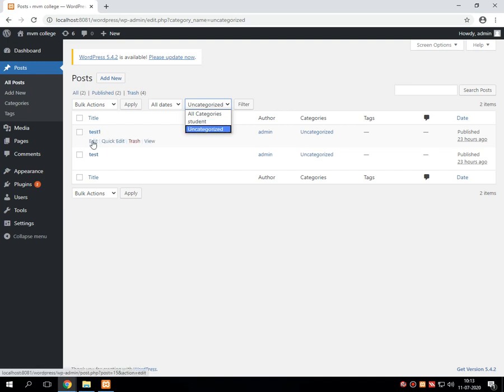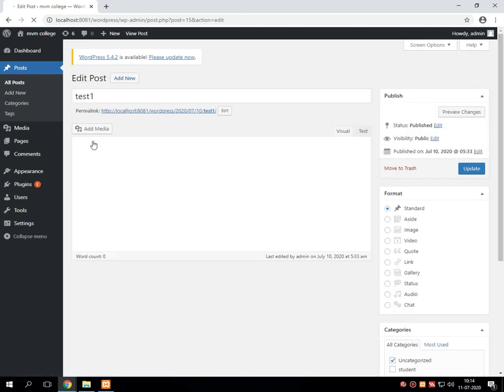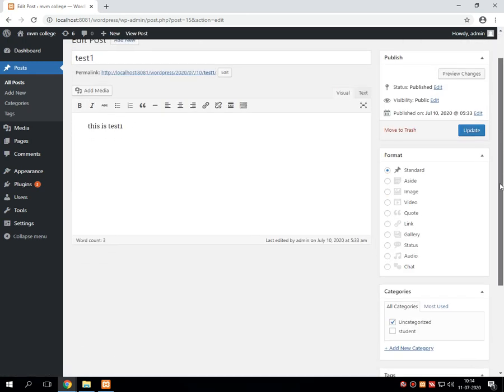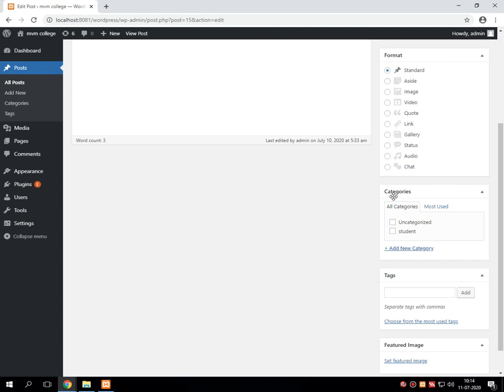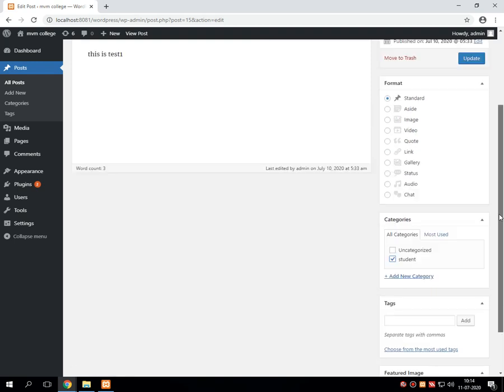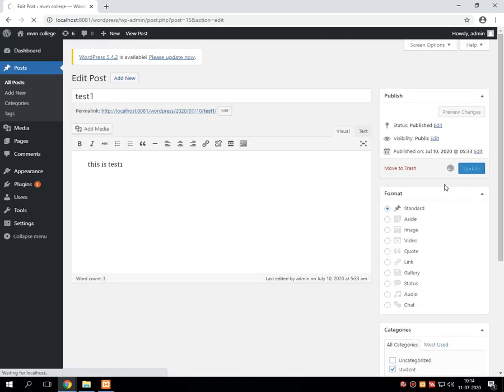Now suppose I am editing this particular post and scrolling down the entire page. Over here in the category, it shows the categories. I am selecting the category called student and updating the entire post.